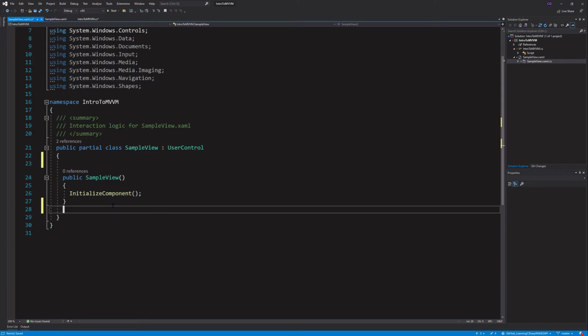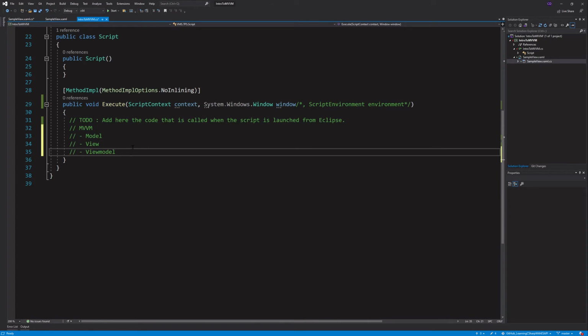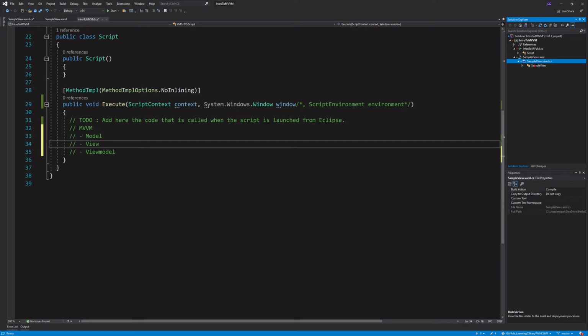Okay, so what we want to do though is get away from coupling all of our logic, the view model, with our view. So we want to have these in separate files. Technically these are separate files, this is an XAML file and this is a .cs file, but we want to decouple the view from its